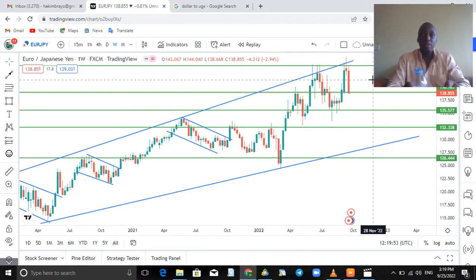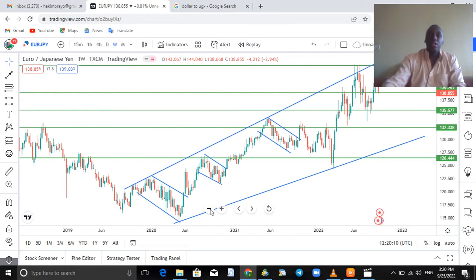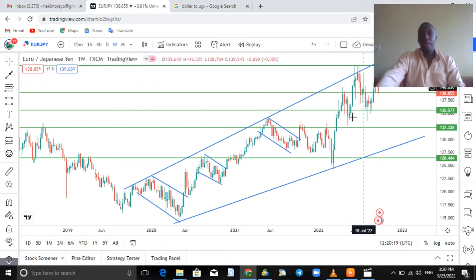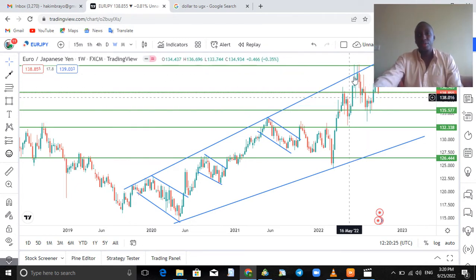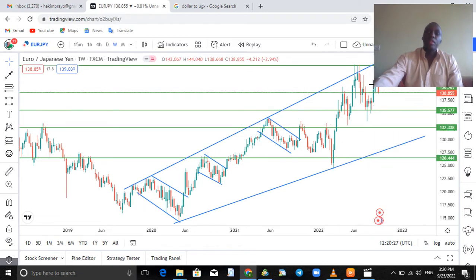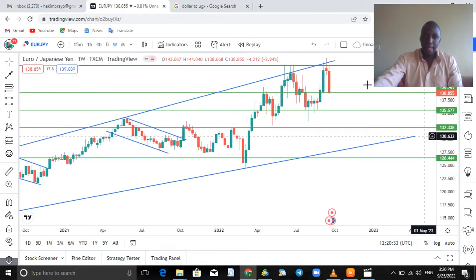But we won't show you exactly where this pair is heading, because we want to give you a clear picture of the overall market where the pair is heading. Now when you look at the weekly closure of EURJPY, we can see that we still have a lot of selling pressure. Sellers are more than the buyers. Now putting that aside, you can see we also have a candlestick pattern, which is a double top formation, first top and second top. Now we are still expecting the market to continue dropping to the downside, but I haven't considered